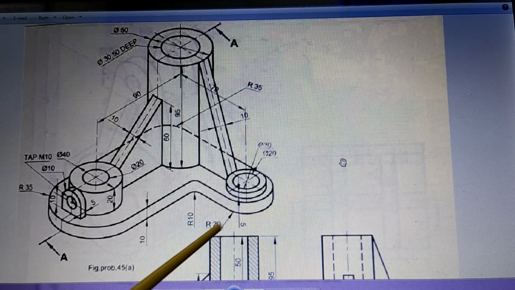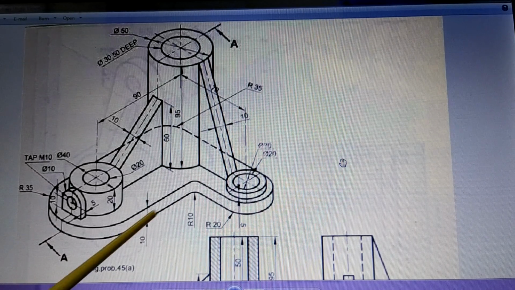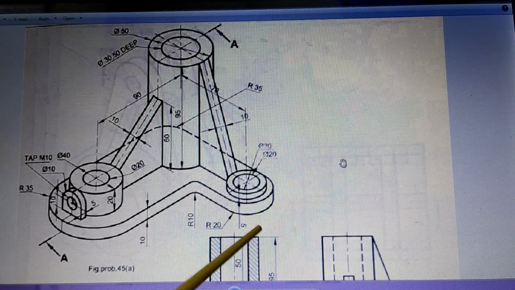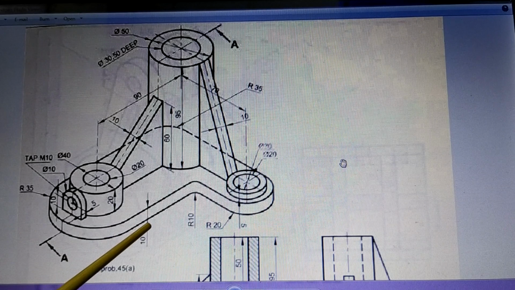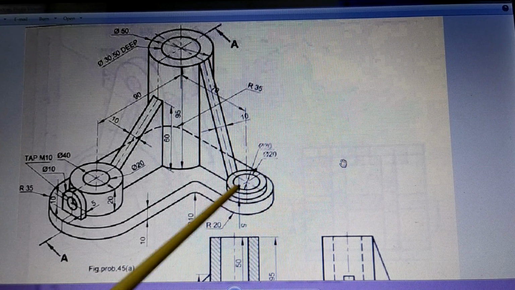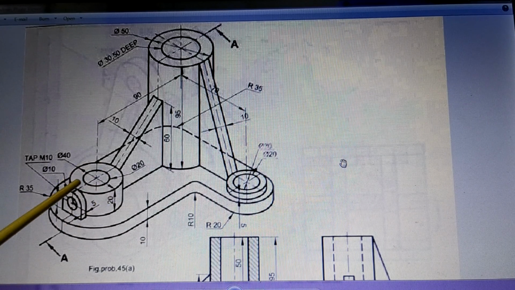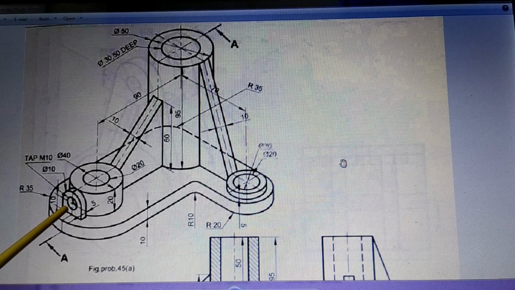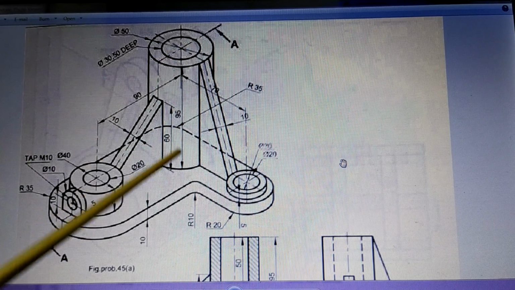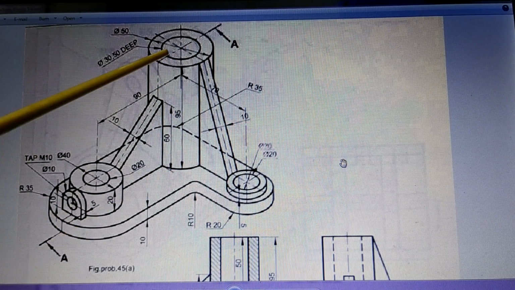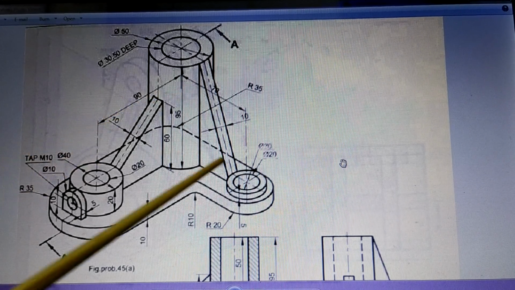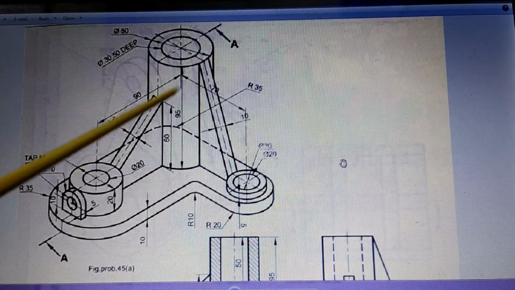Now this object here is made up of some kind of a plate at the base. Now this plate is like an L shape of certain thickness, 10. Then at this place there is a raised hole, a certain height is there. Again on this side there is a cylindrical shape. From the side again there is a raised surface with a hole, and then at the middle here there is a bigger size cylinder, and this cylinder is supported on two sides by ribs. So one rib is here, other rib is here.